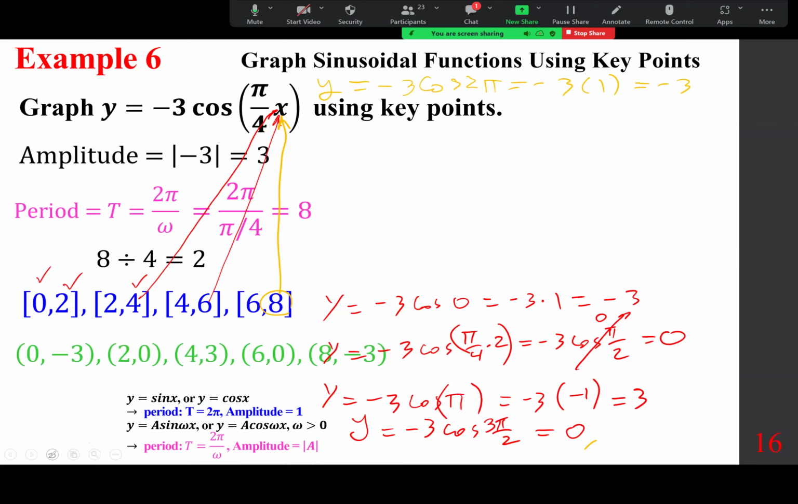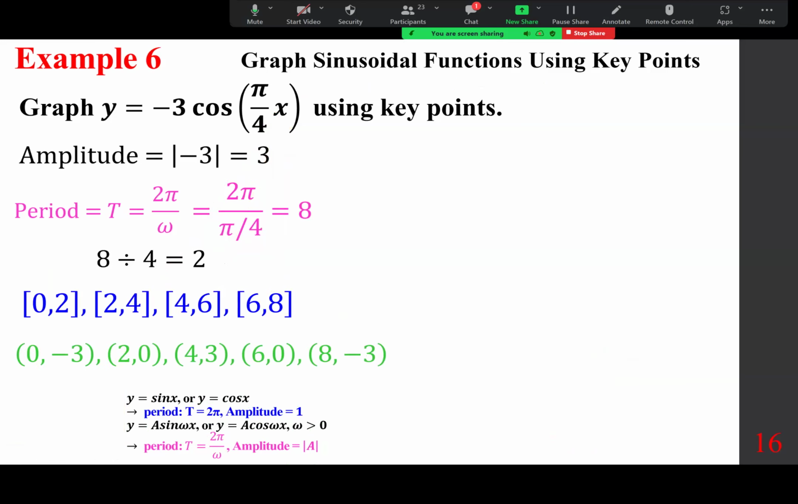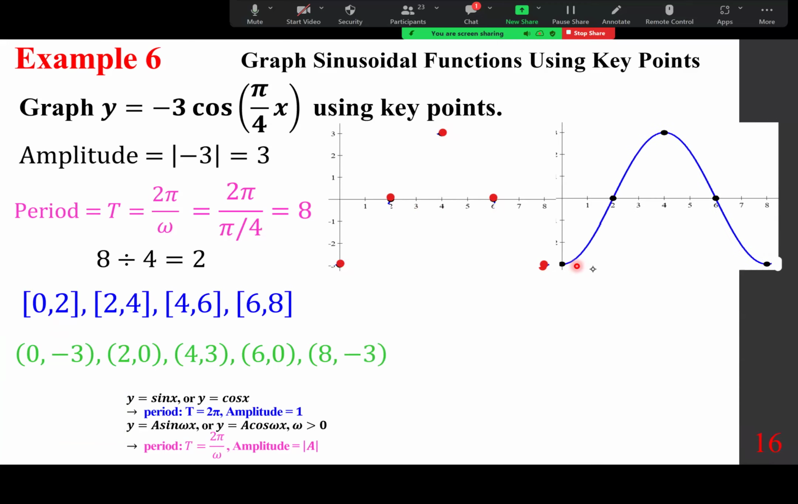Again, I showed you all of them. You should be able to figure this out in no time. They're all common arcs. So you draw a rectangular grid and you plot (0, negative 3), (2, 0), (4, 3), (6, 0), (8, minus 3), put them all together. Let it go indefinitely on both sides,